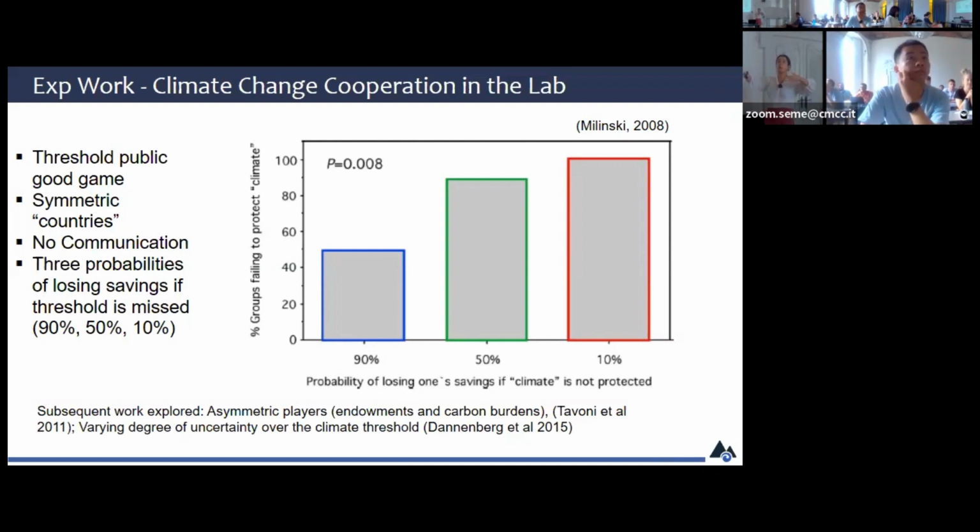When the threshold is not known, basically what happens is that, even if the probability of losing everything is very high, most people are not able to converge on the threshold because there is some uncertainty. So there are various situations in which we cannot cooperate when we have